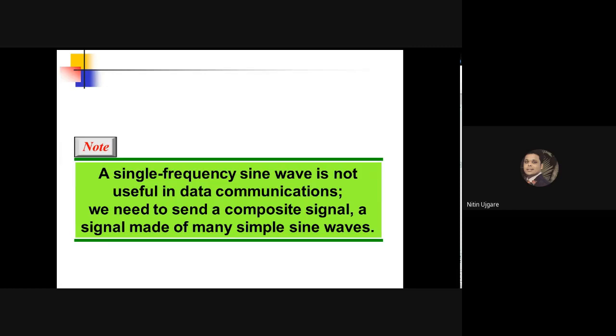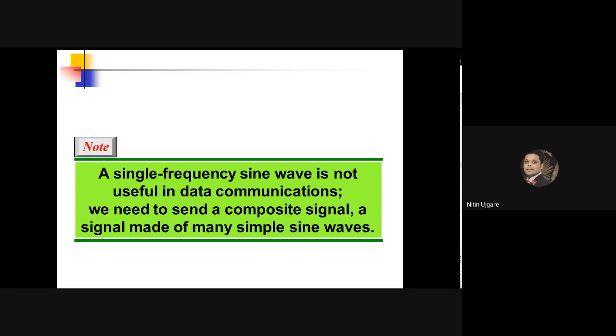A single frequency sine wave is not useful in data communication, but it has many other applications. A single frequency sine wave is basically used to carry the electric signal in your house or business firms. Usually the frequency of such an electric signal is standard, but it may vary from country to country. So the standard ideal electric signal frequency is 60 kilohertz.